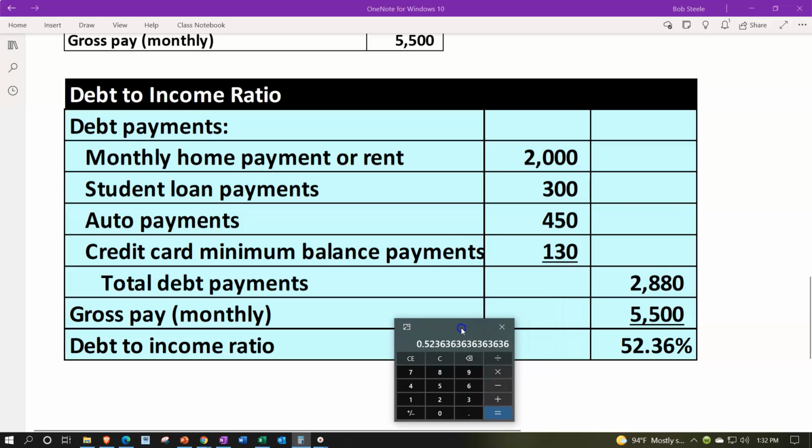Note that if you look at this ratio, then of course, if the debt goes up, that would obviously be bad, and that would be increasing the ratio because that would be increasing the numerator. If the gross pay goes down, then that would be bad as well because then you'd be decreasing the denominator, which would increase the total outcome, and the higher the number, the worse we are, right? So if you were able to structure your numbers, if you had any kind of leeway in terms of what you could include in the debt or what not to include,